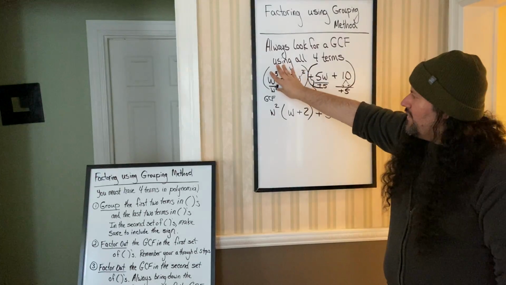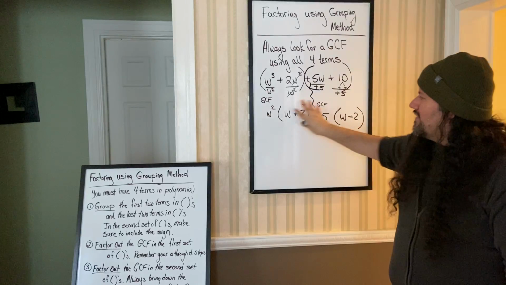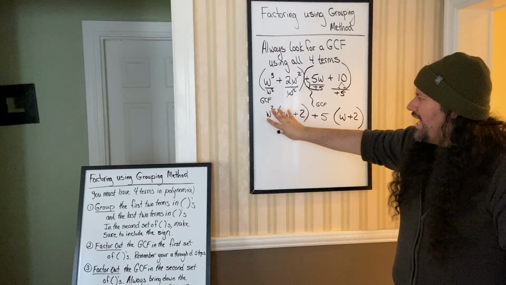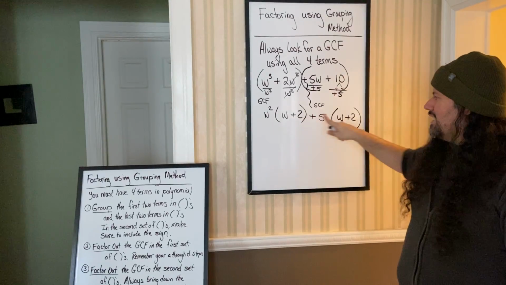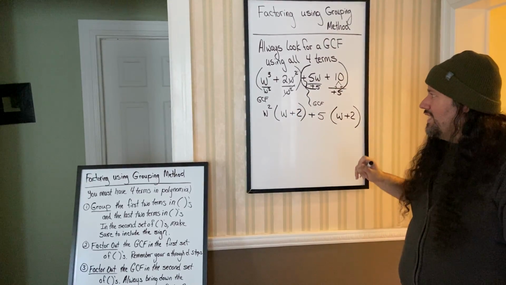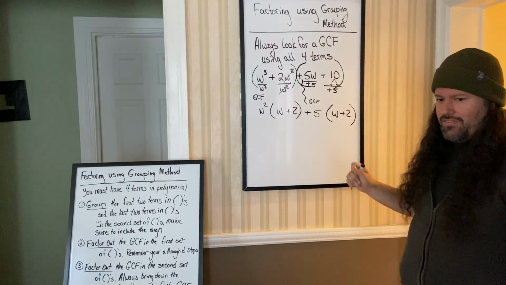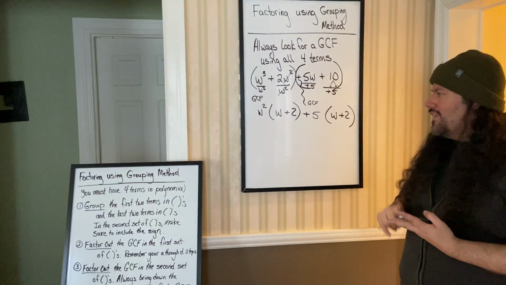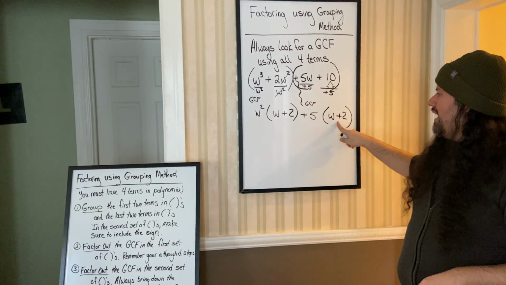We did a GCF for the first half, GCF in the second half, and now we're doing a third GCF looking at both halves together, which is, we'll always have these matching set of parentheses. If these don't match, that means you didn't take out the correct GCF. You might have forgotten a sign or haven't gotten the right number, but when you're done, these are supposed to match